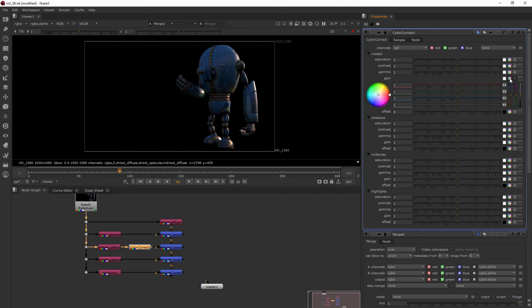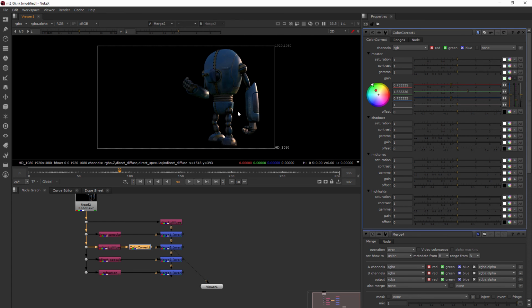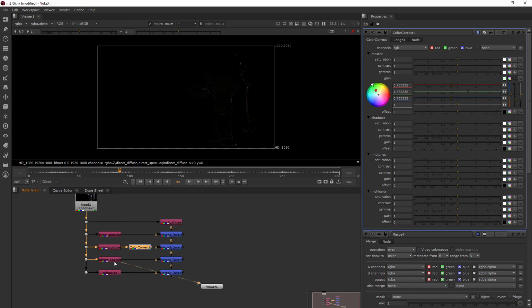So this is the in-panel color picker. And when I click this, I can then just come over here and push it more towards the green. So you see how he gets a little more green now. If I take it all the way, obviously it's too much, but I can push that up just a little bit more green if I want to. So it's those kinds of things, those types of really little changes that go a long way. And remember, that indirect specular